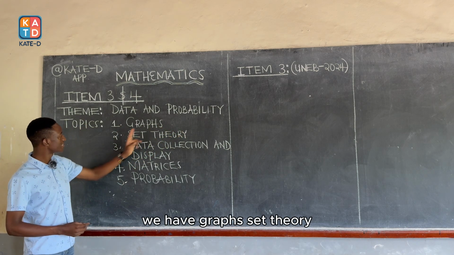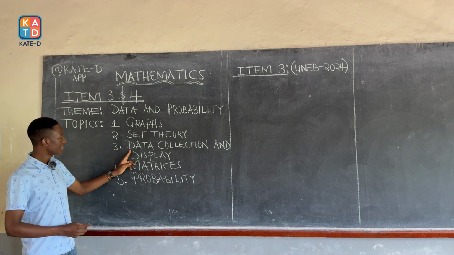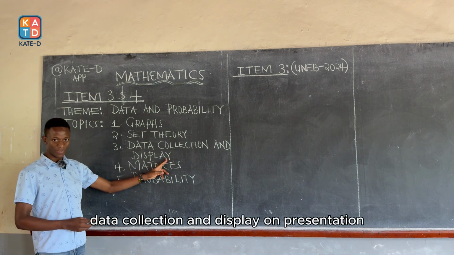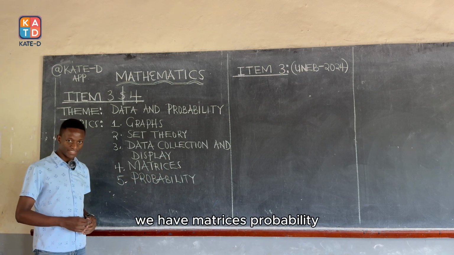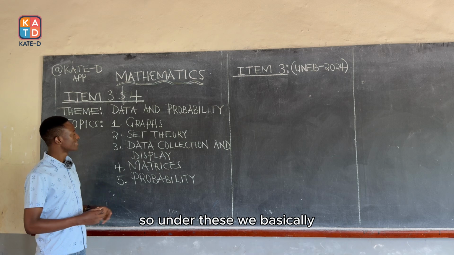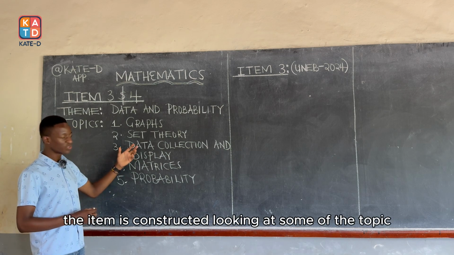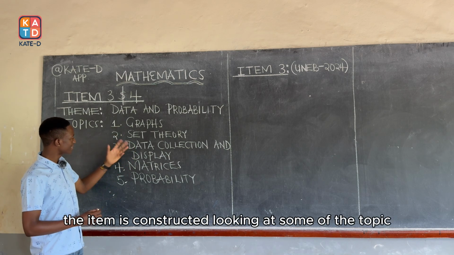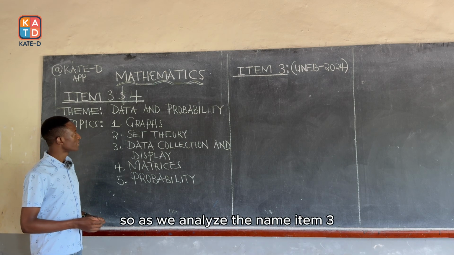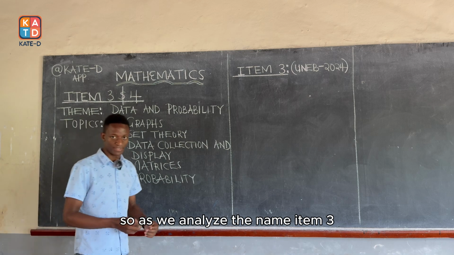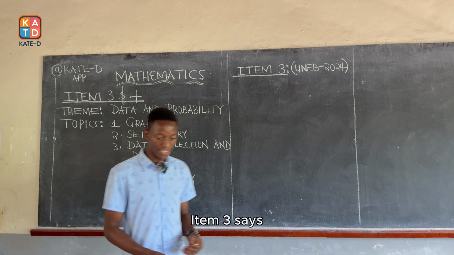We have graphs, set theory, data collection and display or presentation. We have matrices, probability. So under these, the item is constructed looking at some of the topics. They may not be all, but some. So as we analyze the UNEB item 3, item 3 says,